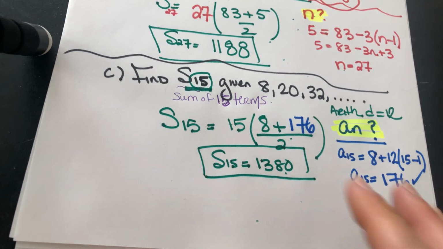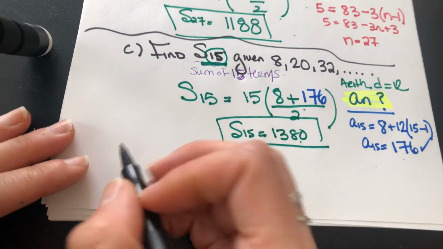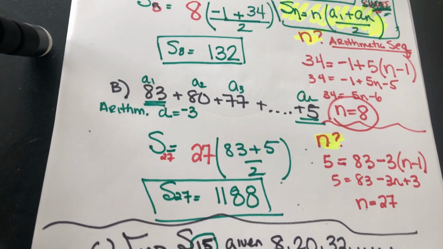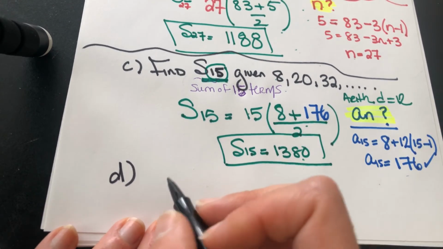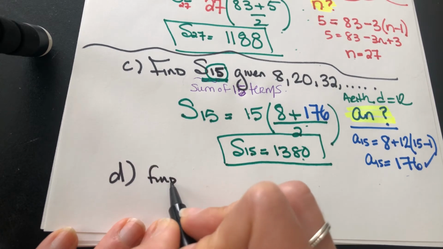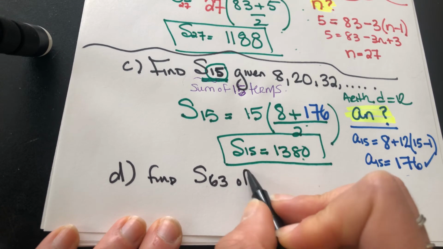One more of this, and then one other problem, and you guys are done for today. Okay, just so I can show this one again, I did 2 problems to find N, and you should be writing this, and now I'm doing 2 problems to find A sub N. So I want you guys to find S63 of